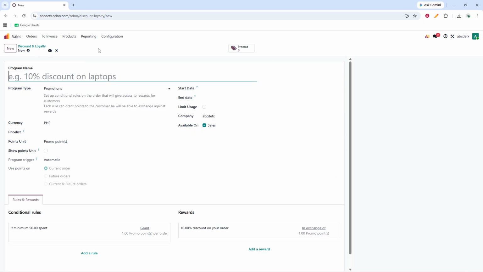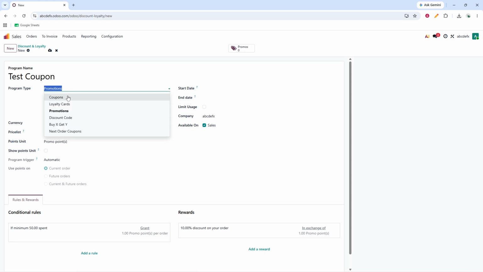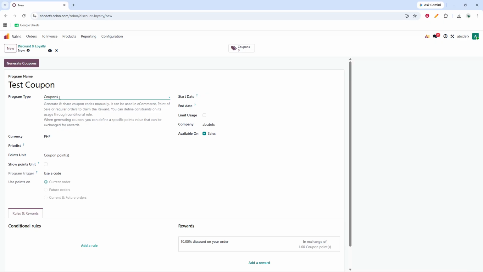Now enter a program name for your coupon campaign. Choose a name that makes it easy to recognize later, especially if you plan to create multiple promotions over time. After that, set the program type to coupons. This is important because it tells the system that this promotion will work through generated coupon codes rather than applying